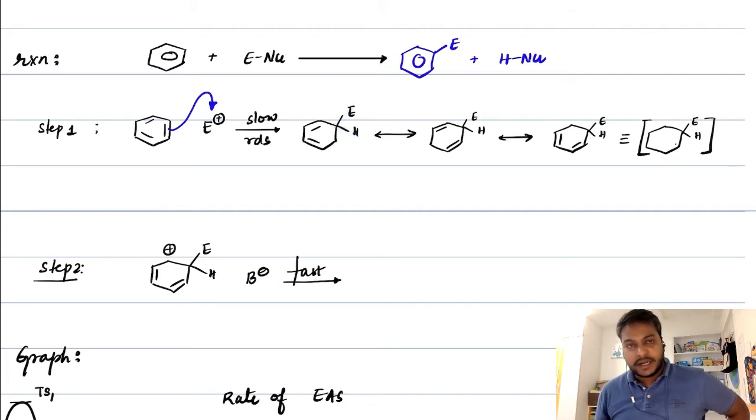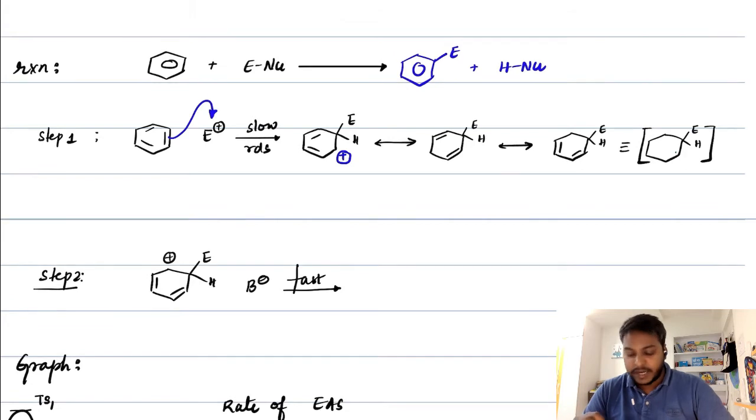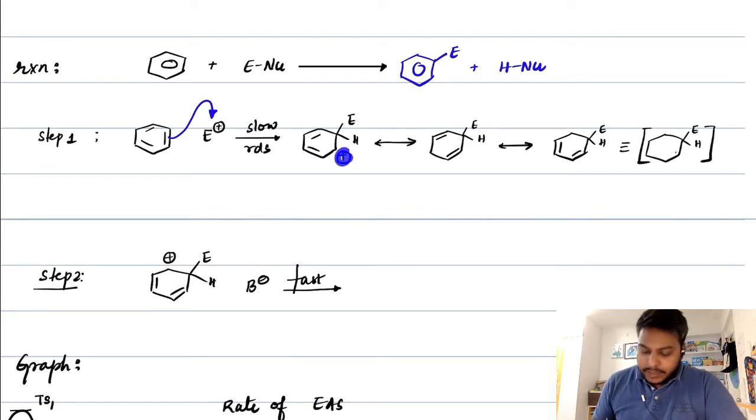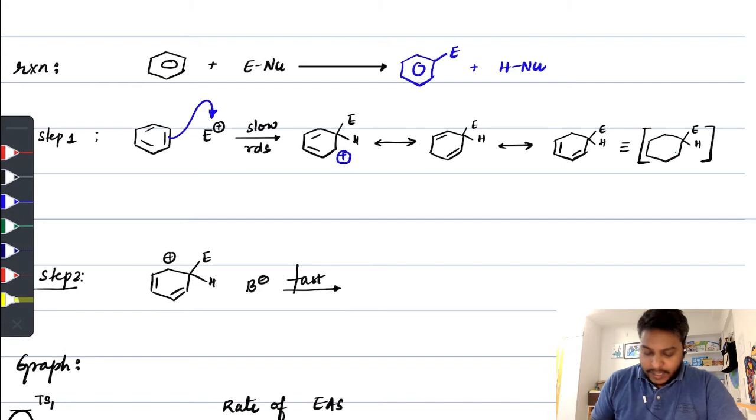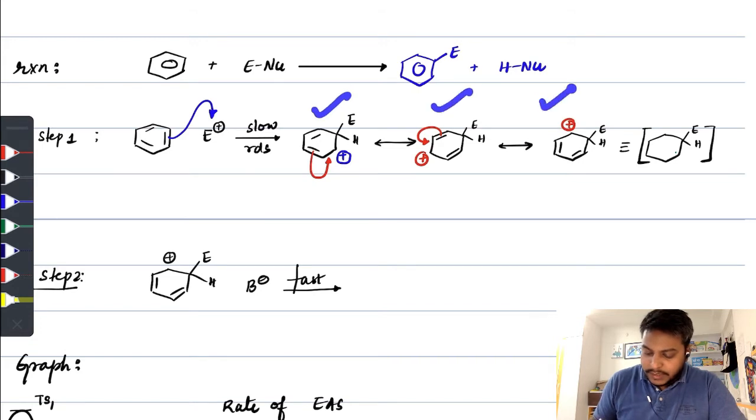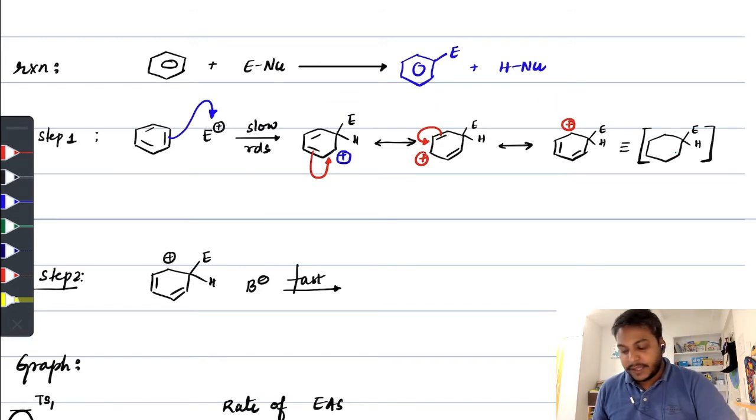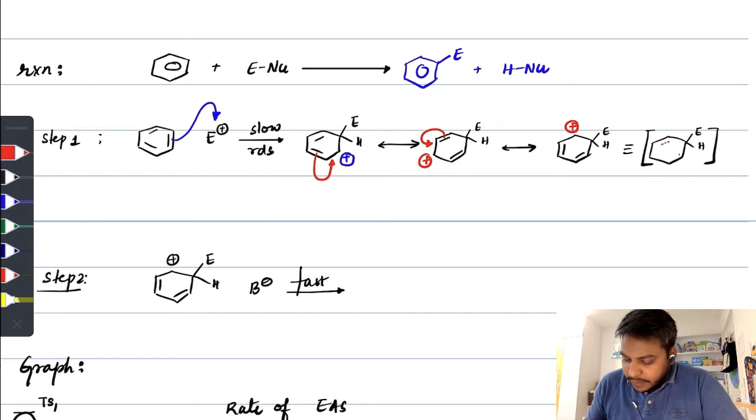The minute it gets added up, it is losing its aromatic nature. And since it is losing its aromatic nature, this reaction is going to be very slow. Dear students, it is going to be a very slow reaction. And this positive charge which is forming can undergo resonance. You can clearly observe that this pi can shift here, so the positive charge can come here. This pi can shift here, positive charge can come here. So I can create these three resonating structures. And if I write the hybrid of the same, it is like this.